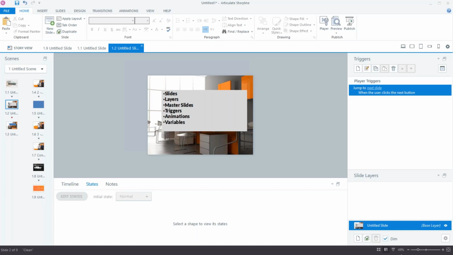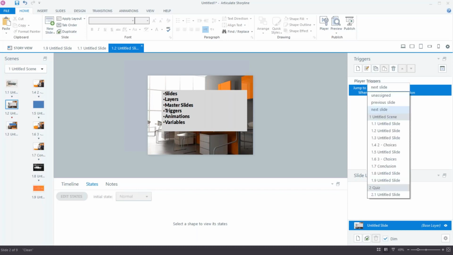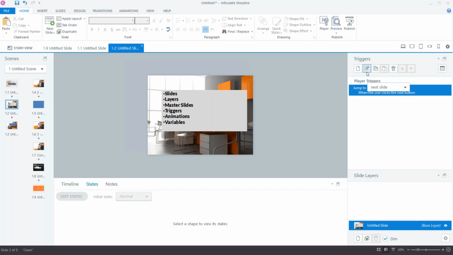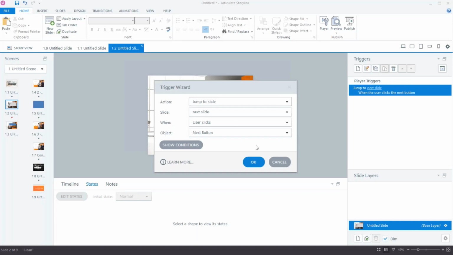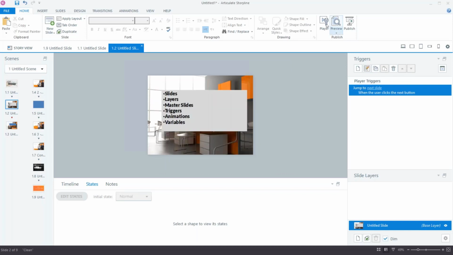And so it's not that they're needed. It's just that for a lot of developers, they prefer to create their own navigation buttons rather than use the built-in ones by default. But no, you can again do a whole Storyline project just using those default buttons if that's all you want to do. And you can even change what they do. Just like here, I can change what slide they go to. You know, they're just still a trigger. I can just edit that trigger and say, do whatever I want it to do. And then I would go into the player properties and change that.